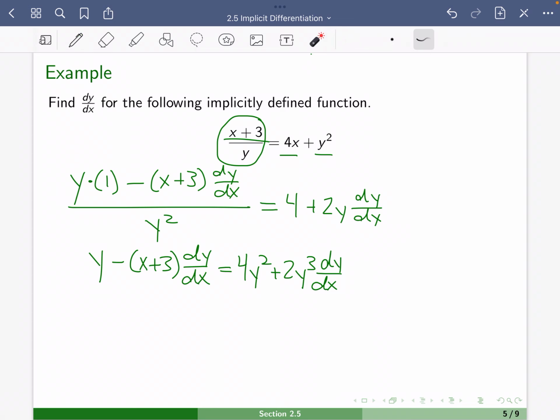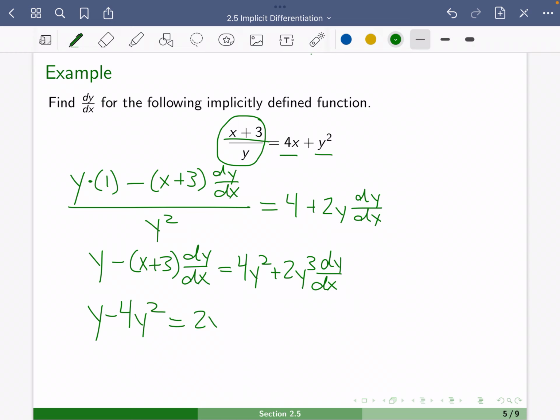Because I like to avoid lots of negatives, I'm going to add this to both sides and then subtract this. That way my coefficient of dy/dx is all positive. If you moved it to the left-hand side, that would also be fine. So it's your preference, but I'm going to move the dy/dx to the right-hand side in this case. So we're going to have 4 minus 4y squared